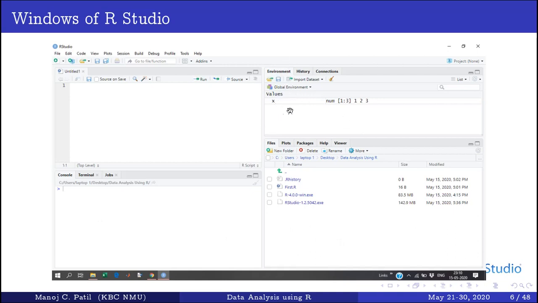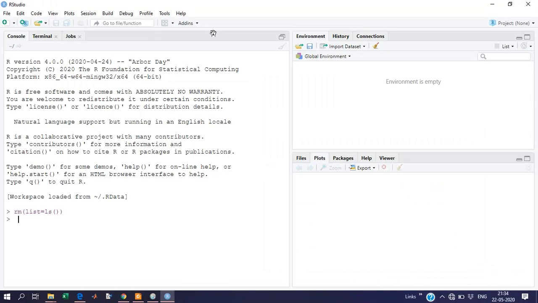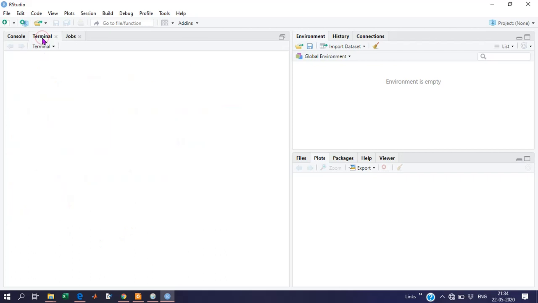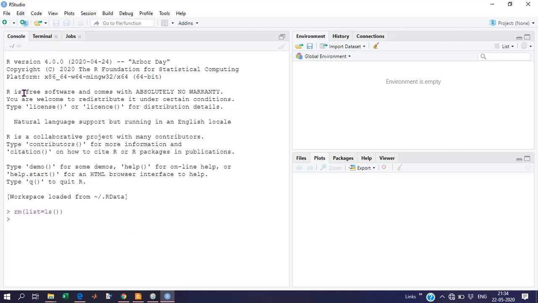In this environment, we can observe different variables which we have stored or obtained in the console. Then there is history. Here we have the windows for RStudio: the console, terminal, and jobs. We are going to work only on the console.